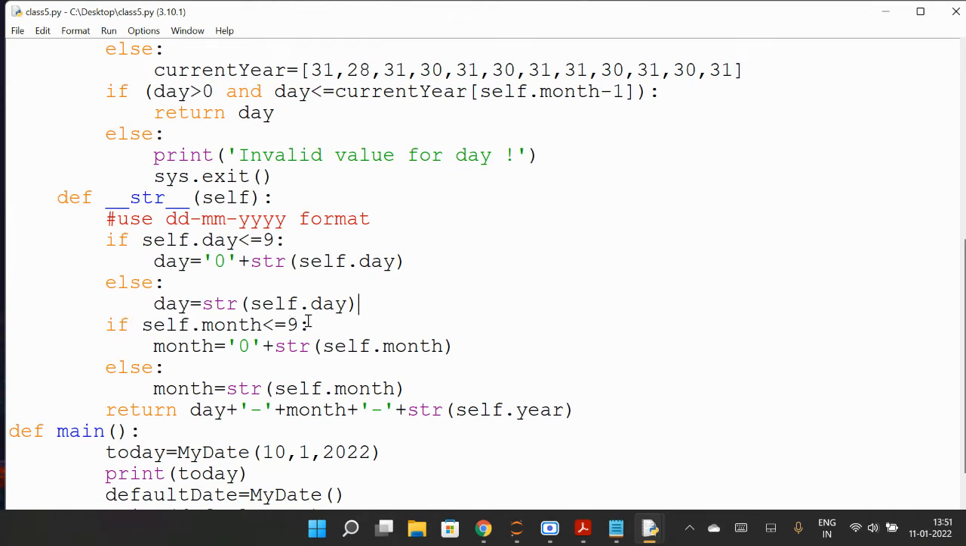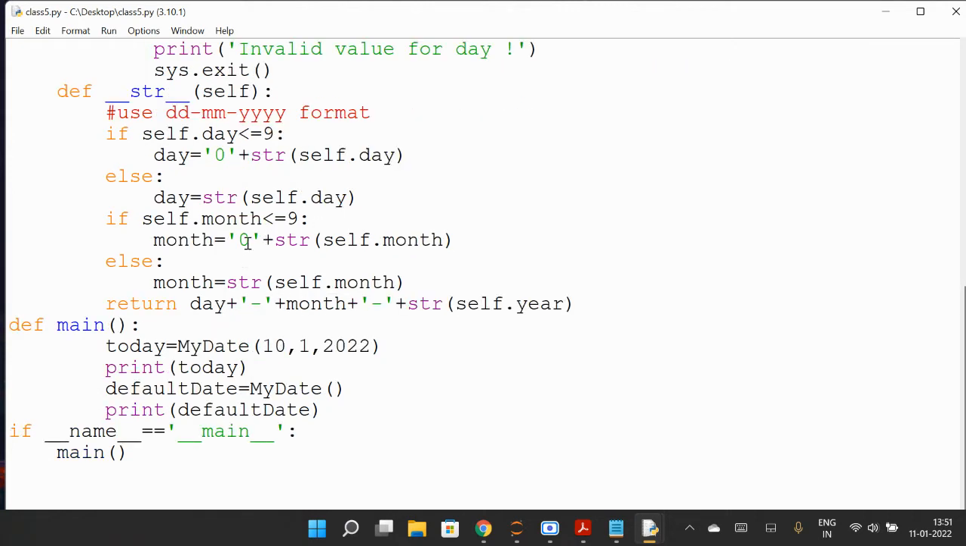If self.month is a one-digit month, you will add 0 before that: 01, 02, 03. 01 means January, 02 Feb, 03 March, like that. And else you will print month as self.month in string form. So okay, return day